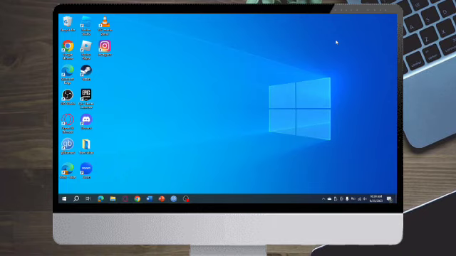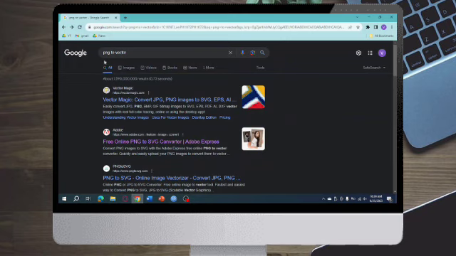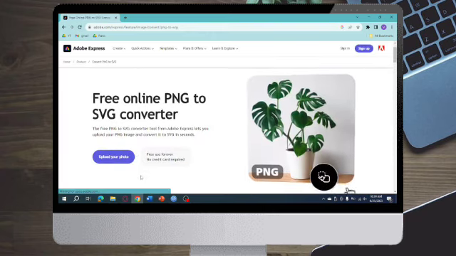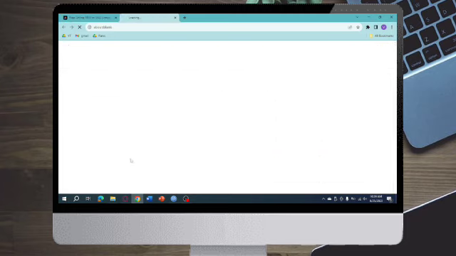So right here, Photoshop is owned by Adobe. So what you need to do is just head over to your browser. You don't need the Photoshop app for this. And from in there, you can just search for PNG to vector, and in here you can see the site of Adobe. So just click on this link right here, and then from in there you can just upload your photo. So just click on this right here, and then from in there it will open a site which is